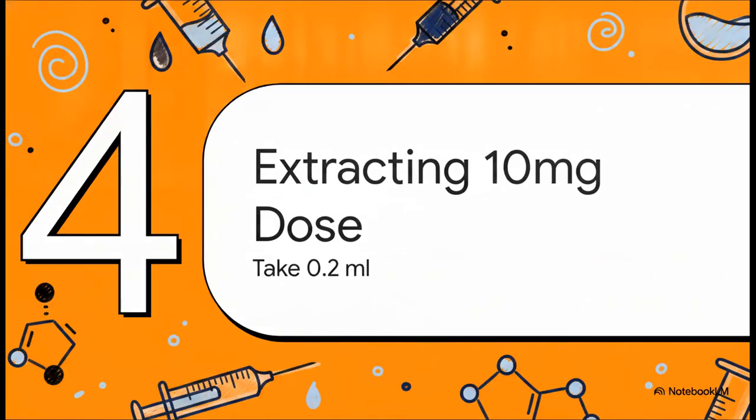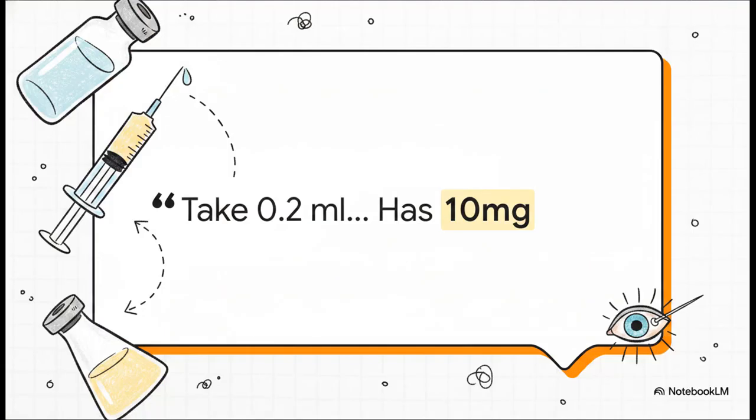Let's move to Section 4, extracting the 10 milligram dose. Let's see how taking 0.2 milliliters builds toward our final microdose. Armed with that exact math, the flowchart tells us the next step is to simply pull 0.2 milliliters from our initial mixture. By using a very small, precise syringe to extract just 0.2 milliliters of liquid from that newly mixed